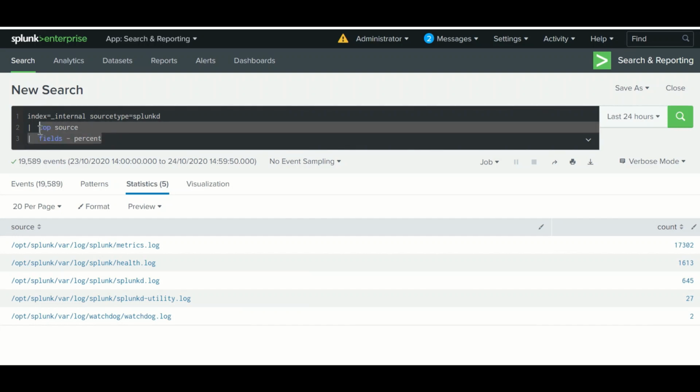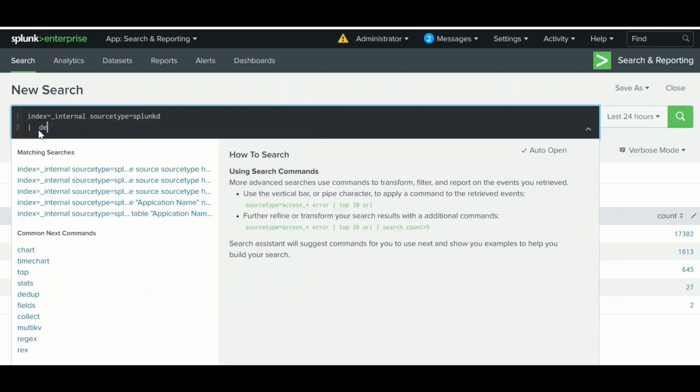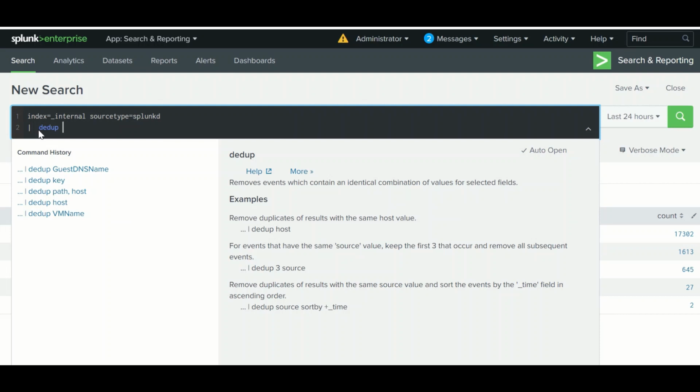How can you use it? You just write dedup, as you want to pronounce it. I want to get unique sources.